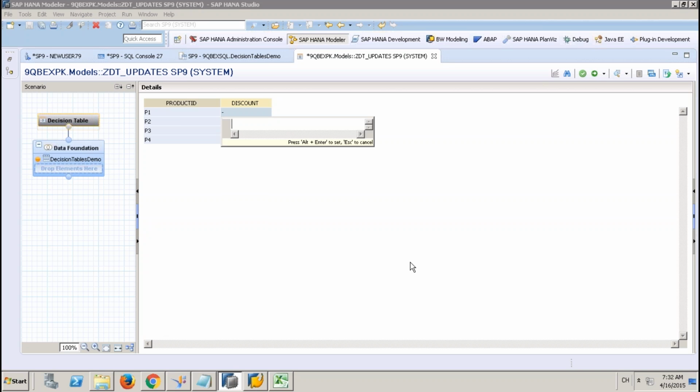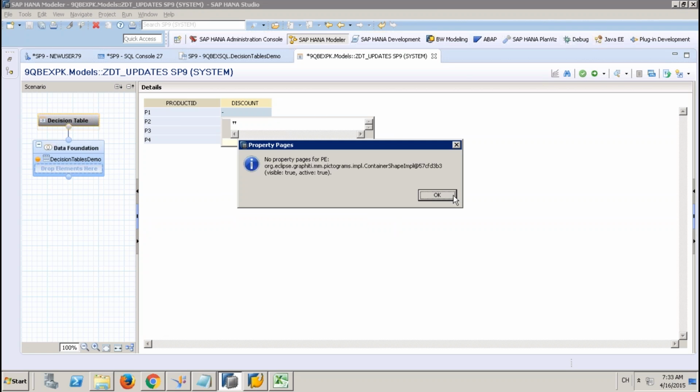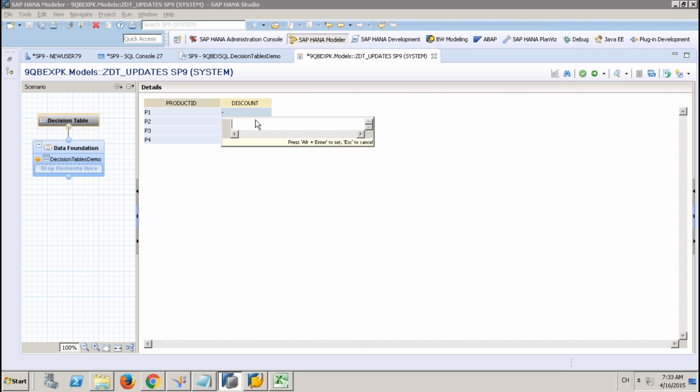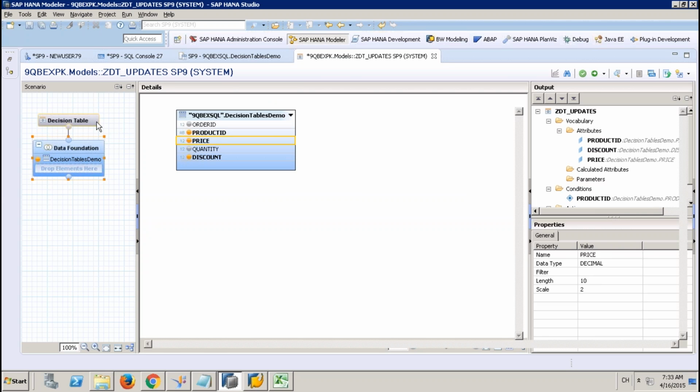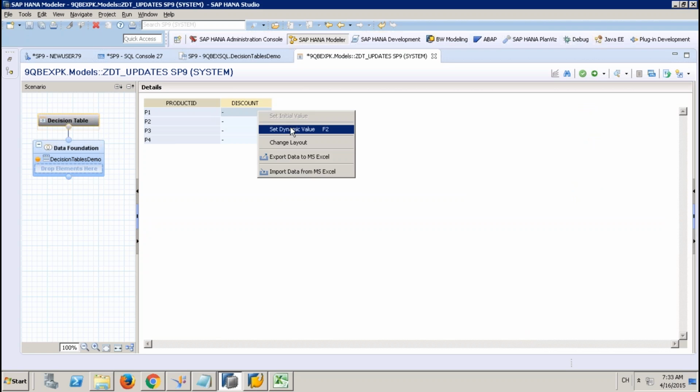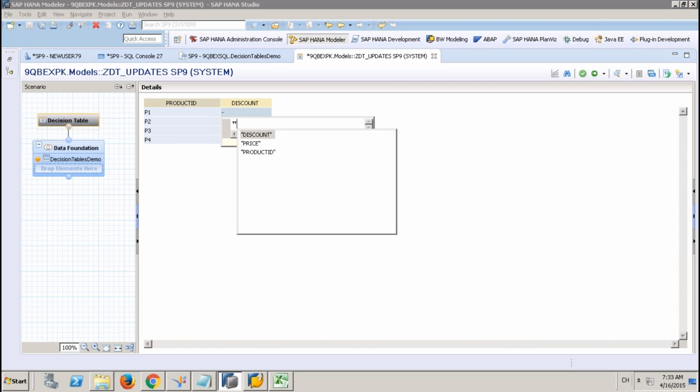If you want to refer to the measures, I would like to say price, 10% of the price, right? So if I put double quotes, I'm not able to access the price because I'm not selected in the output. So go here, make sure you select price also. Now come back, now right click, set dynamic value. I'll say price, double quotes, the price. I would like to pick 2% from this. Price into,